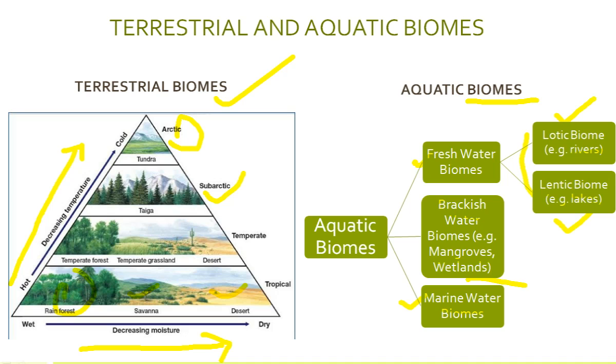Okay. One thing to remember here is that the freshwater biomes have the least salinity, only 0.5%. Brackish water biomes have salinity which ranges from 5 to 35%, and marine water are the most saline water. They have the salinity above 35%. Okay,